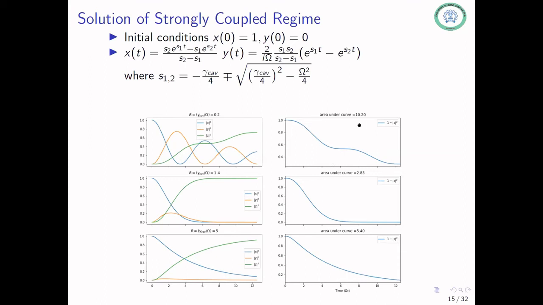So one way to estimate the lifetime is by taking the area under this curve. This is basically 1 minus mod z squared, so the probability of there not being a photon outside, and this is just a process something like how you calculate your expected value from a probability distribution function. So if you look at it here, you have a comparatively large area, and you have a smaller area here. So this suggests that this is kind of your Goldilocks value.